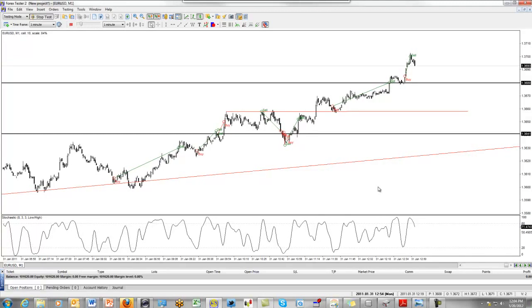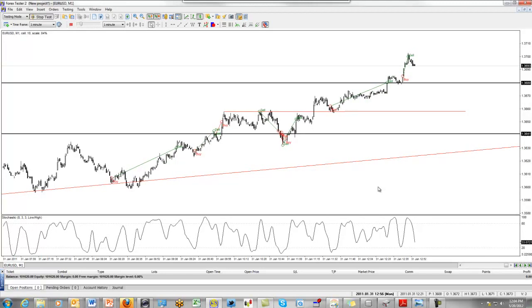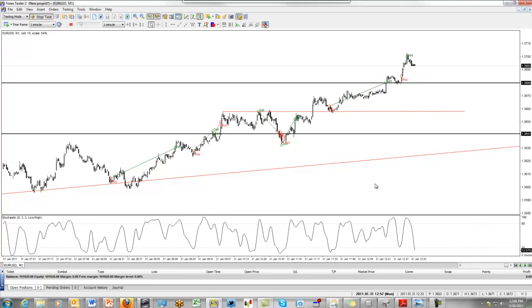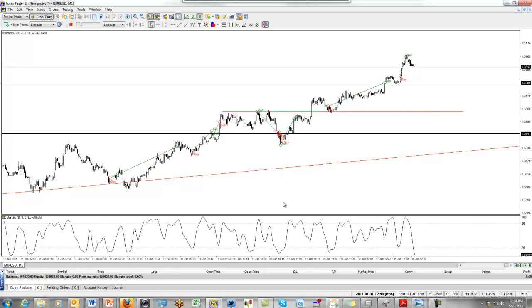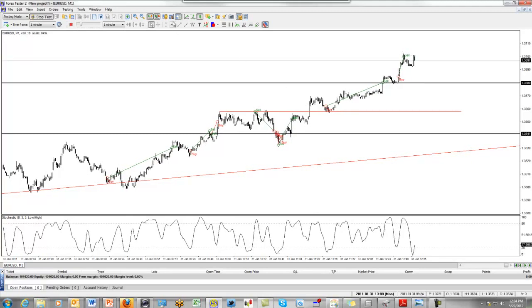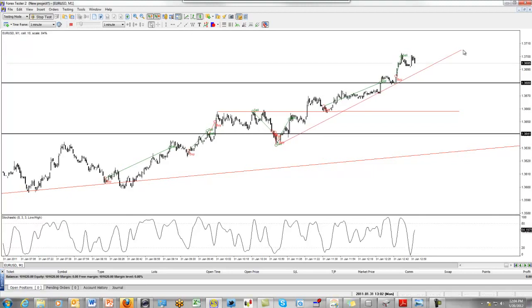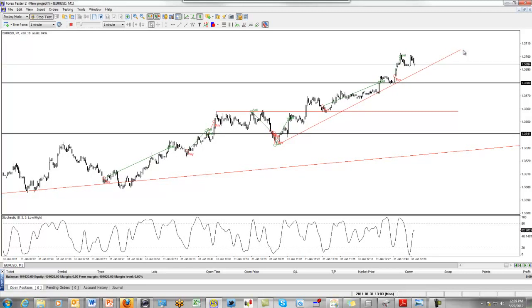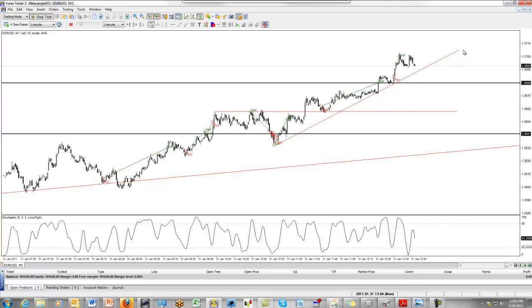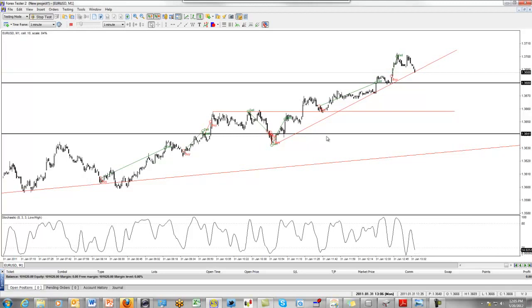Well, you have to wonder. I mean, this is America just about to open now. So let's see what they can do with it. I'd be very interested to see. Just wondering if I can get some sort of... There is a trend line here, isn't there? It does look to me like there may be an opportunity here if we can get some sort of...